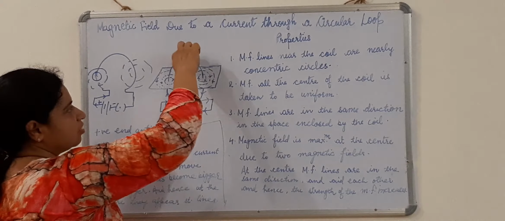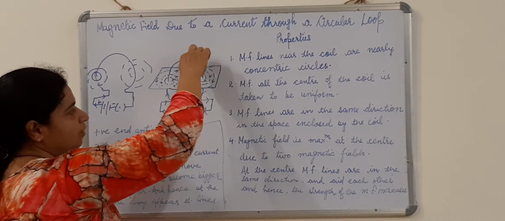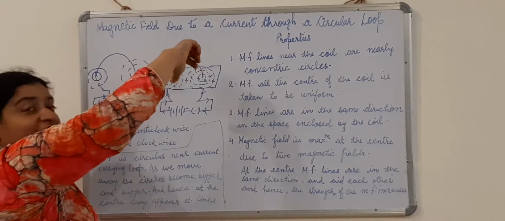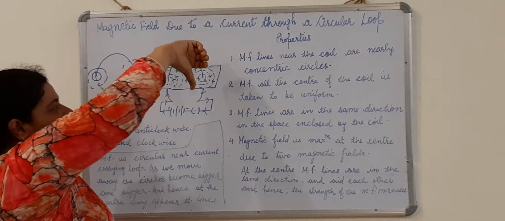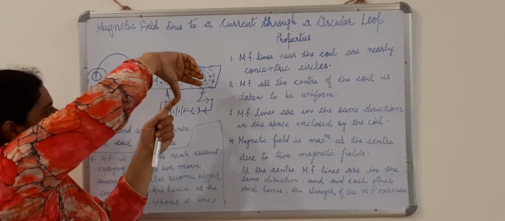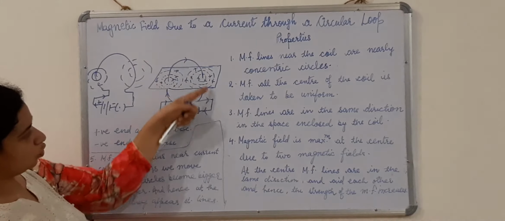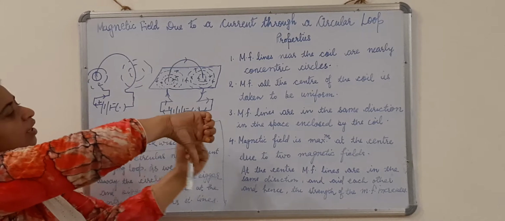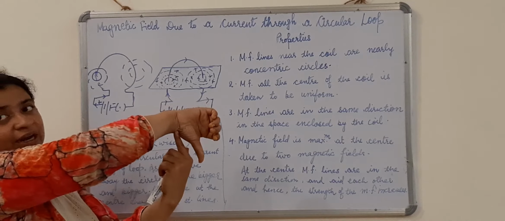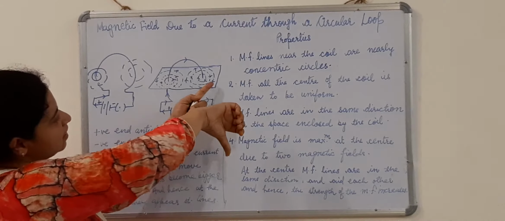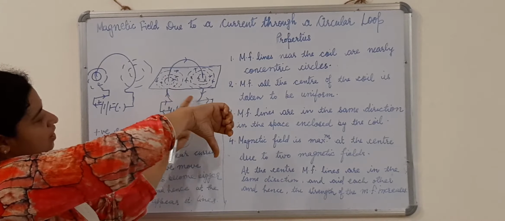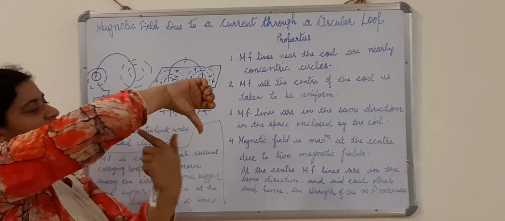And what about this part? In this part of the circular loop, current is coming from up to downward. Now again the right hand, but the direction of the current is changed. In this case, as the current is going from up to down, the wrapping of my fingers will give you the direction of the magnetic field lines. See here the direction, they are going this way, wrapping this way.